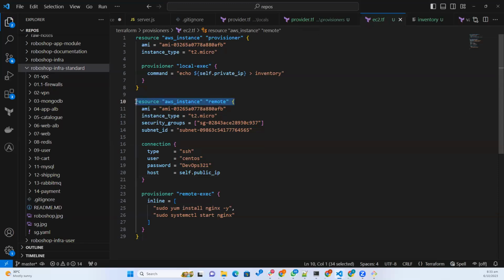So the matter is this one. If your instance is already created, then there is no point of user data or remote exec either. If your instance is being created for the first time, then it will execute. Okay, I am just thinking of a scenario where the instance is already created, and we made small changes as part of the provisioners block. So in that situation,